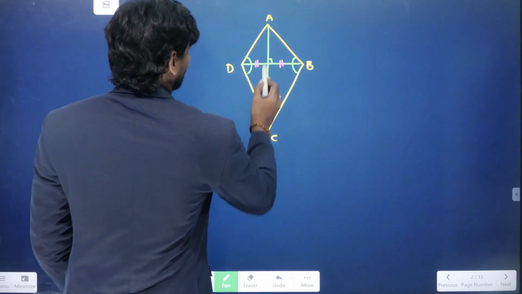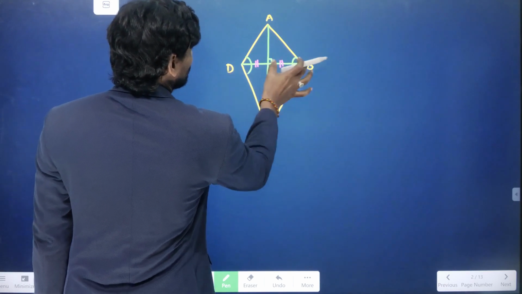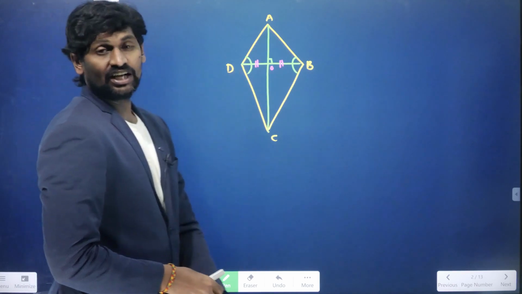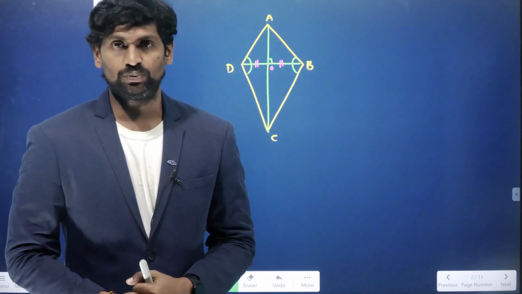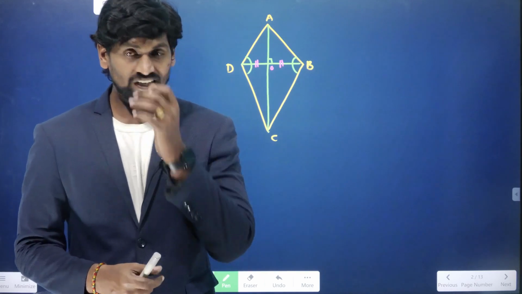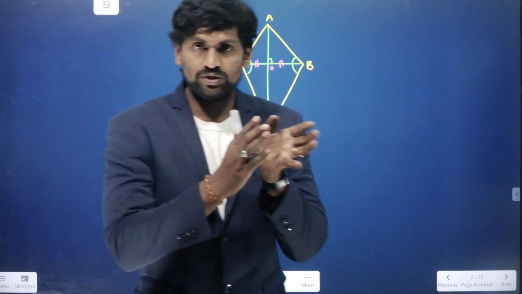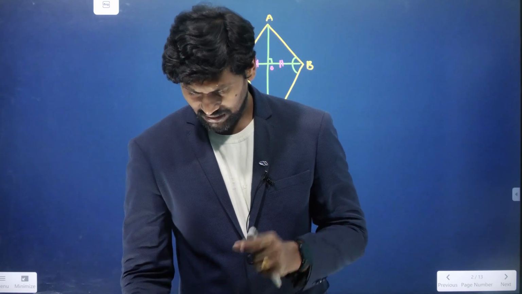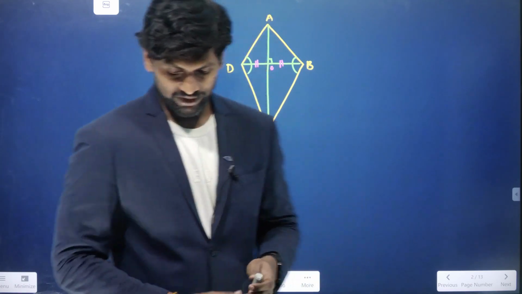That means OD equals OB. Angle B equals angle D, as the opposite angles are equal. That means one pair of opposite angles are equal. Right. This is about the quadrilaterals and their properties. Now let us go to the concept based questions here. That's synopsis 5. The first concept based question is,